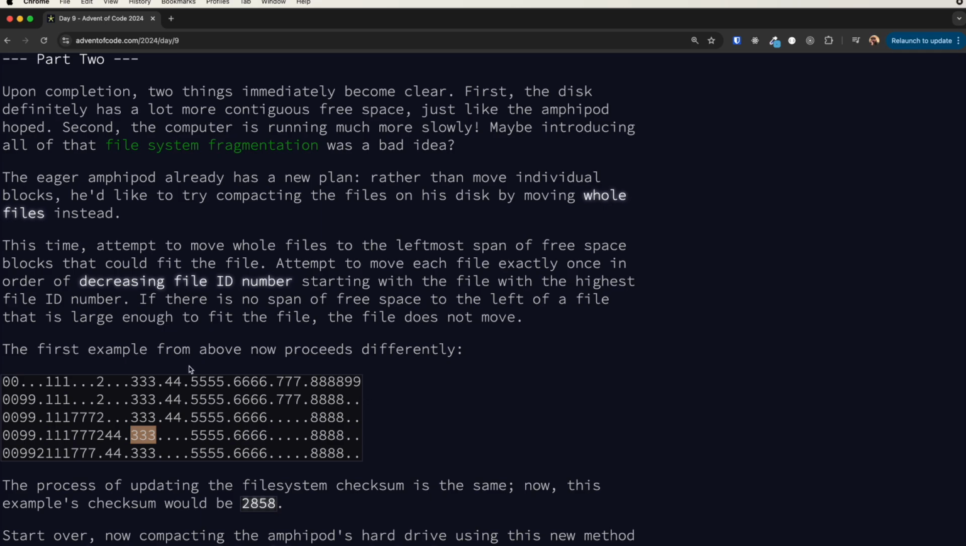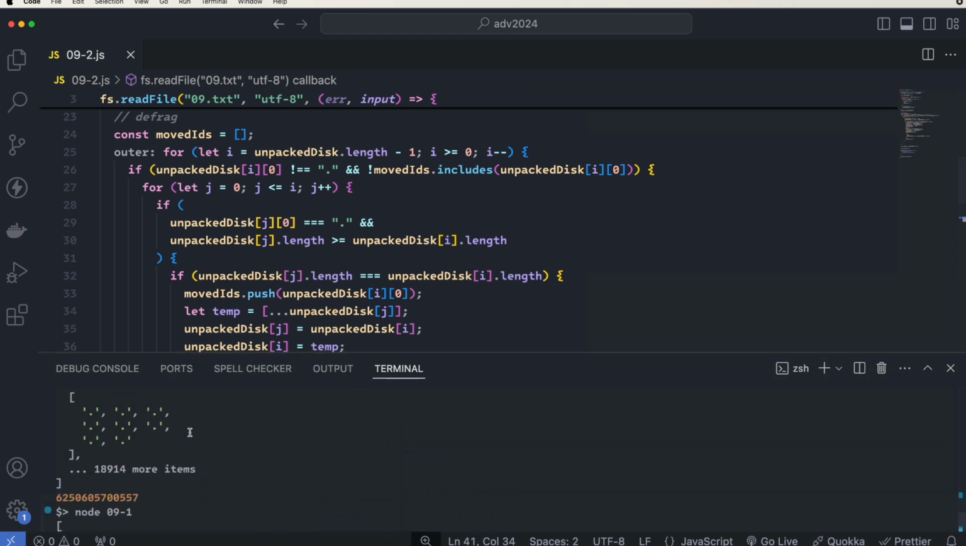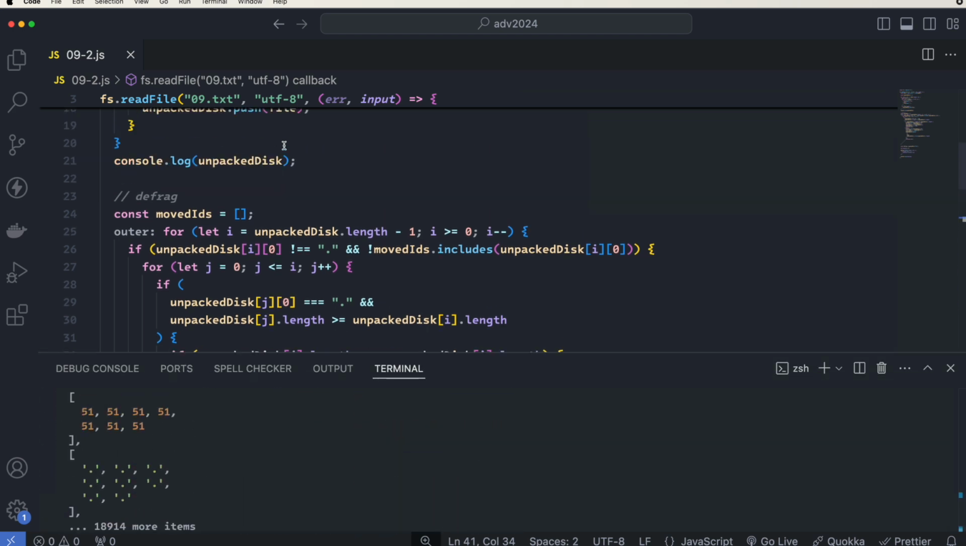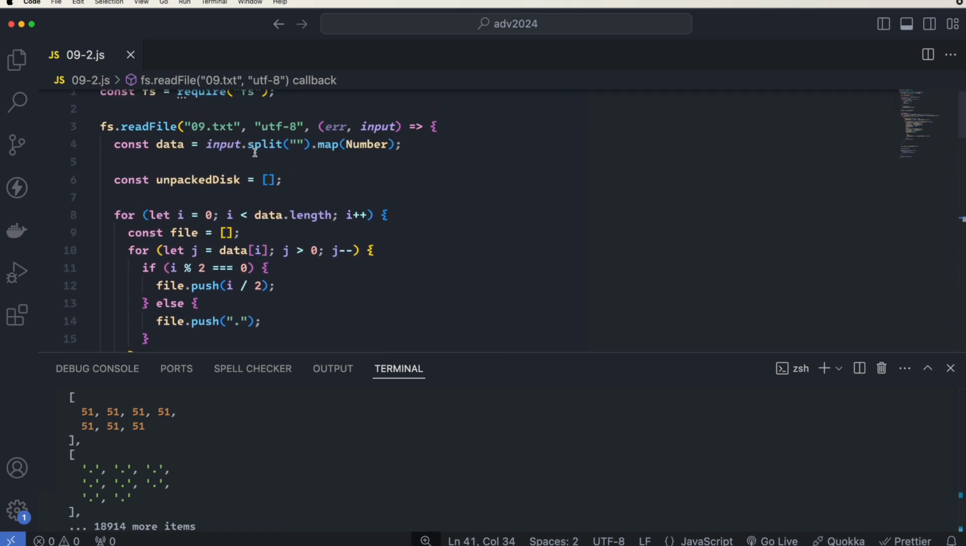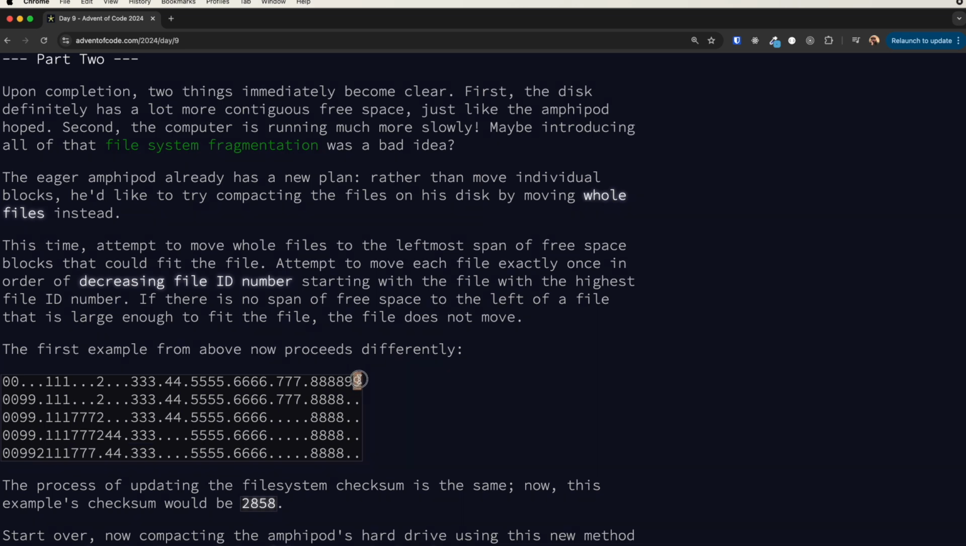So let's go to the code. On part 2, let's make this a bit like this. The thing that we do is, instead of part 1 where we put individual blocks into the unpacked version, this time we move them as blocks. So in part 1 we would take this